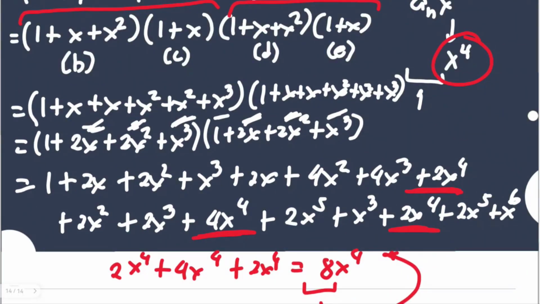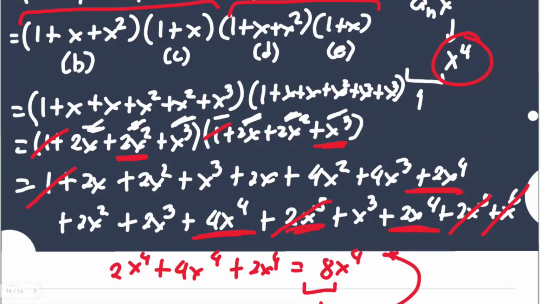2x to the power of 5 is a result, if I'm correct, of 2x squared times x cubed, right? That's 2x to the power of 5. Since our problem is only selecting 4 members, you don't need to do that, because that would result to x to the power of 5, meaning selecting 5 objects. But then again, if you would just simply like to know the actual flow of process, you can do that. But just for the purpose of distinction, you don't need to do that. You don't need to multiply x cubed and x cubed. Even multiplying 1 and 1, you don't need to do that, because it doesn't give us x to the power of 4. That is our target.